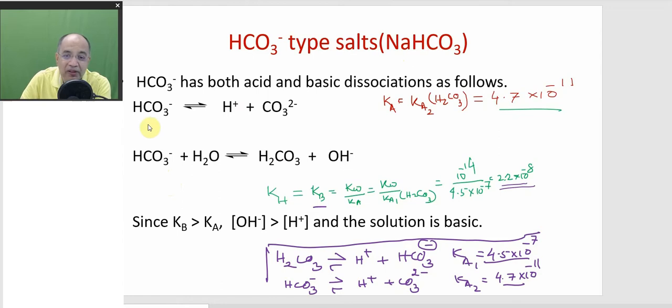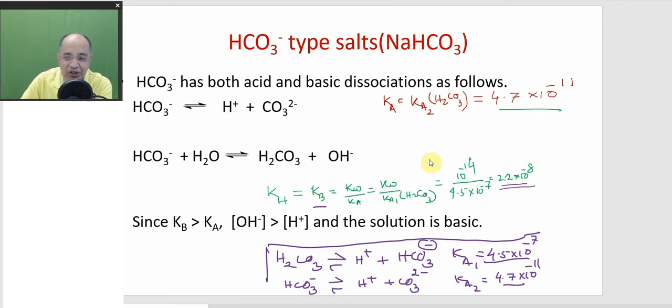That you know. The acid part is the second dissociation of carbonic acid, which is of the order of 10 to the power minus 11. And the basic part is due to hydrolysis, to give you OH minus ion. Now, when we find the basic dissociation constant or hydrolysis constant, which is Kw by Ka1, it comes in the order of 10 to the power minus 8. So almost this is 500 times greater.